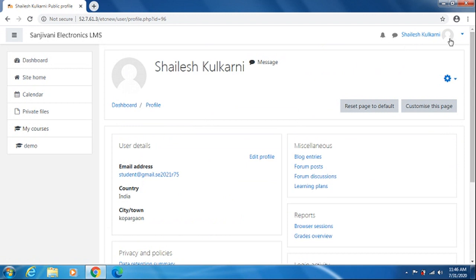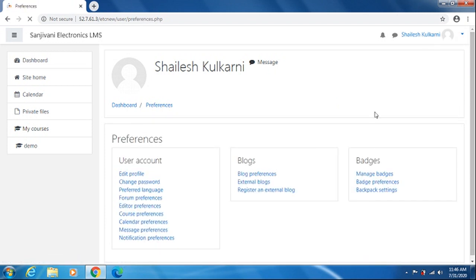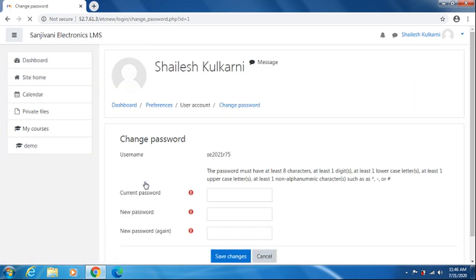The second thing is you need to change your password. If I click here, you will find preferences. In this you will find the option change password. I will type the current password. Then you can set any new password, but make a note that the first character should be a capital letter.